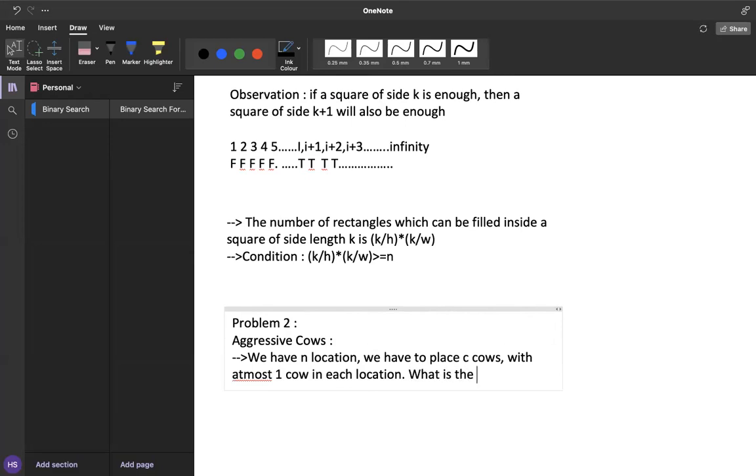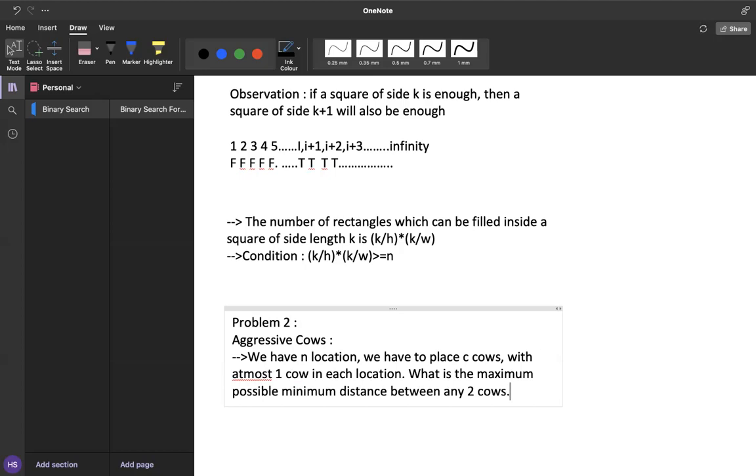What is the maximum possible minimum distance between any two cows that we can have, right? So this is what the problem is saying.